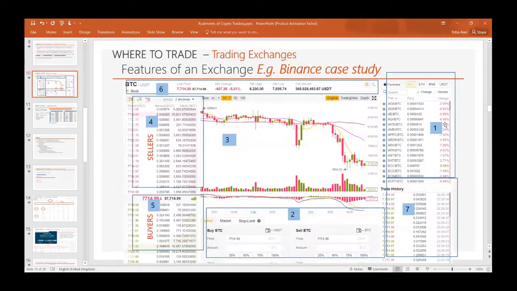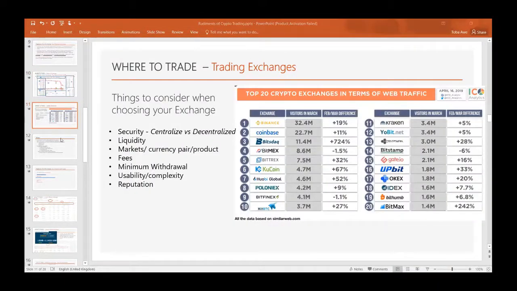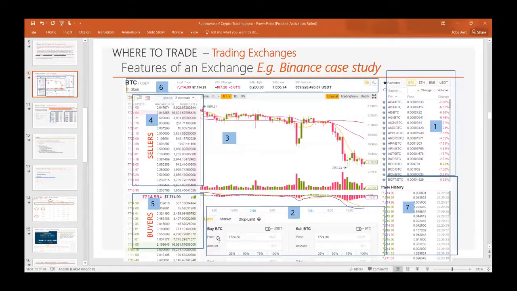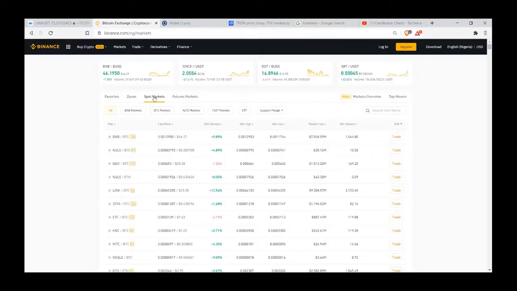So when we come to this now, look at the order book, buy BTC. So you have the price. I will explain this later, but I just want us to understand that you need to know the price you want to buy at, then the amount, the quantity you need. Those things are important. Later, we'll talk about what limit, market, and stop limit orders are. When you go down, you will see home, then you will see market. So on market now, click on